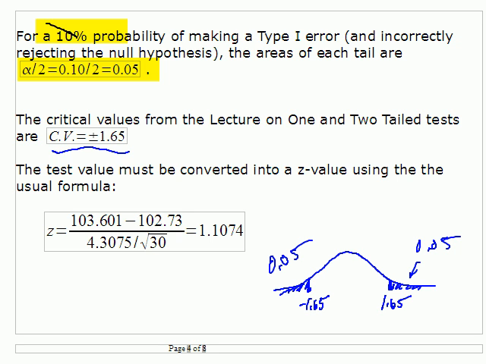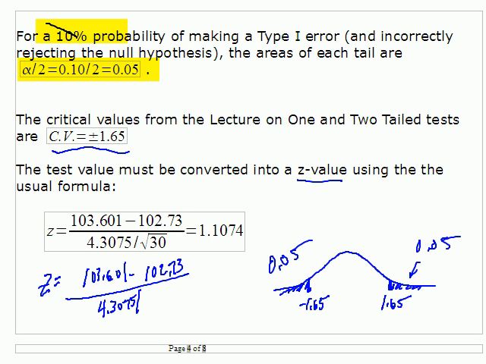Now we're using here the Z's, so the standard normal distribution, so I need to change the new data, the new mean, into a Z value to see whether it falls in the non-critical region or in the critical region. So here's the calculation for Z. It's going to be the new value, which is 103.601, minus the old value, divided by, in this case, the standard deviation of the population, because I knew it,